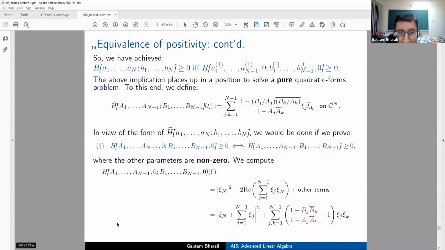Now, I must point out that this class of Hermitian forms actually occurs a lot in the theory of quadratic forms. And that's what I meant by the remainder of the proof is just, I am lifting a proof that comes from this broader theory of quadratic forms. So we compute. This form,